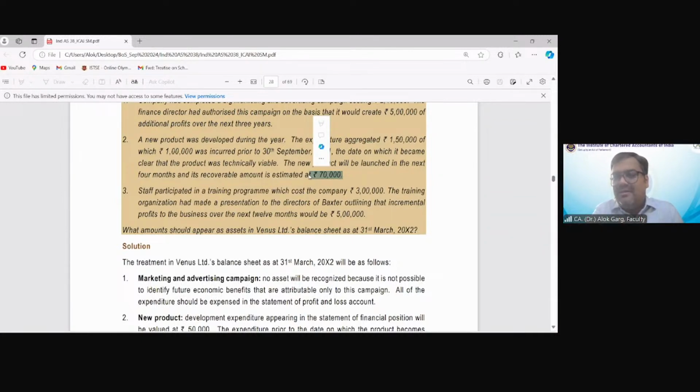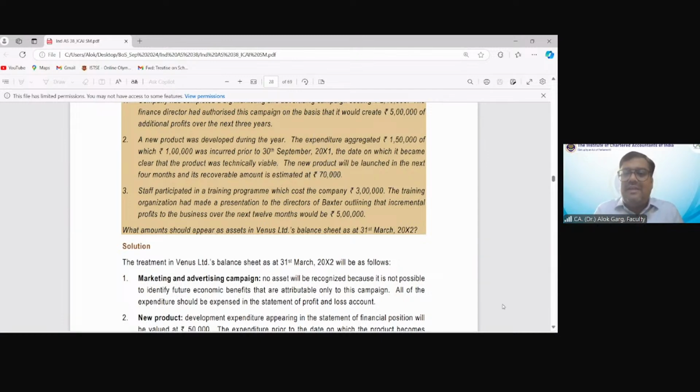Okay. Have you forgot the concept in AS 28, impairment of asset? The carrying value of any asset has to be compared with the recoverable value. If recoverable value is lower than the carrying value, then you have to charge the impairment loss. So if it is less than 50,000 instead of more than 50,000, so here it is more than 50,000, no treatment will be there. But had it been less than 50,000, then impairment loss will also come into the picture, right?